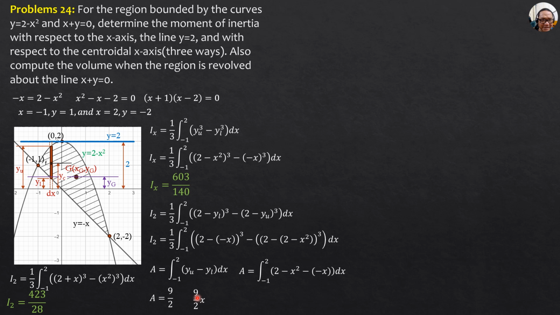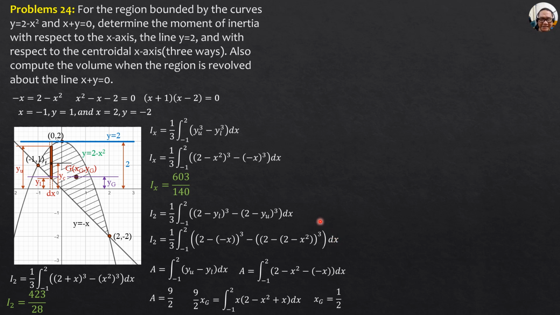So it is area 9/2 times xg equals integral of x sub c, which is just x, and quantity upper y minus lower y. Remember, that's the area simplified. Upper y minus lower y dx. Because this is again calculator aided, solving for x sub g is 1/2.